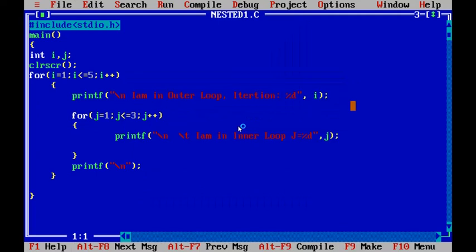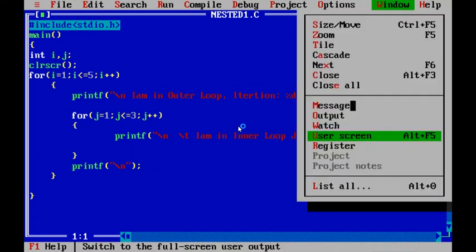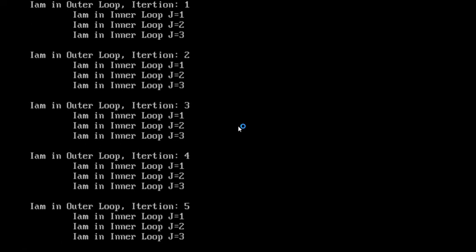Okay, see the output. Yes, now it is very clear. I am in outer loop iteration 1. First it enters the outer loop. In the outer loop, again the for loop is there. Completely the inner for loop is executed 3 times in the first iteration.